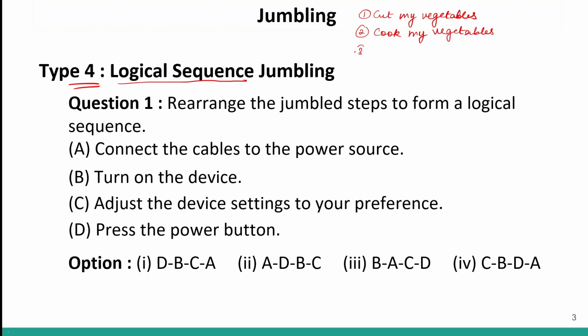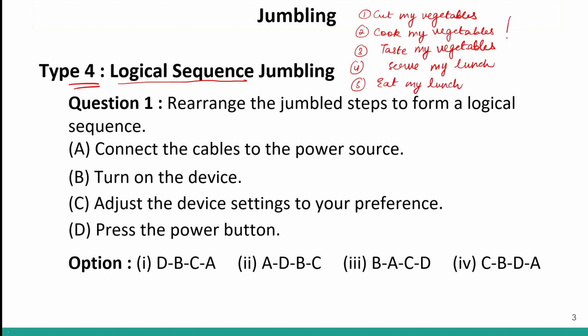The third step would be to taste my vegetables. Then I will pack my lunch, or I can say I'll serve my lunch, and then I will eat my lunch,